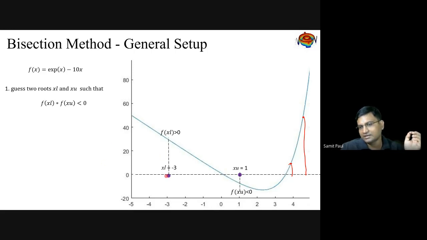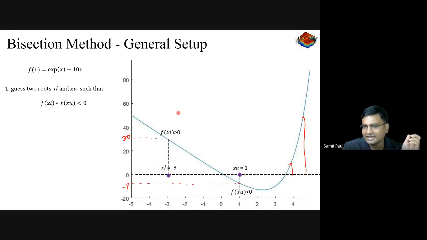Suppose you have taken a guess root XL equal to -3. Now if you put x equal to -3, you will get a value of around 30. And if you put x equal to 1, XU equal to 1, you will get a value of around -7.